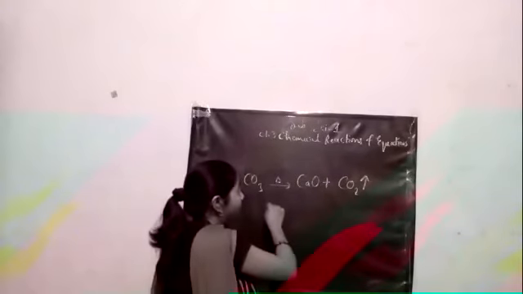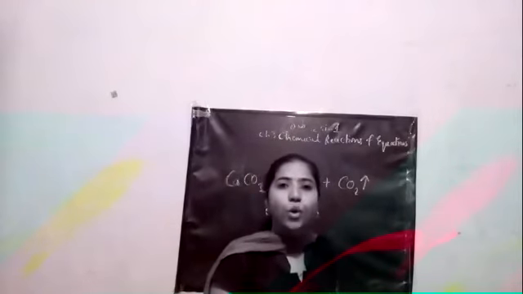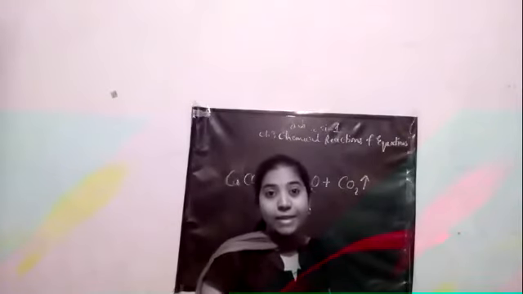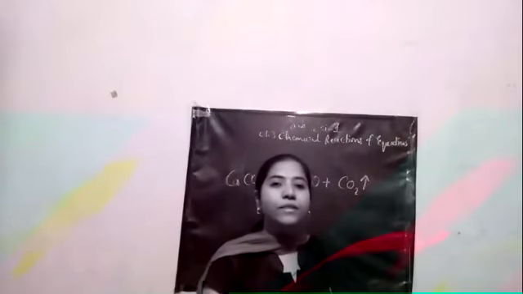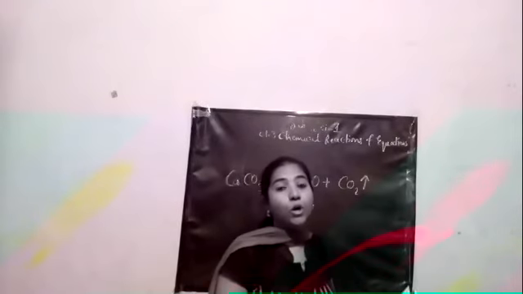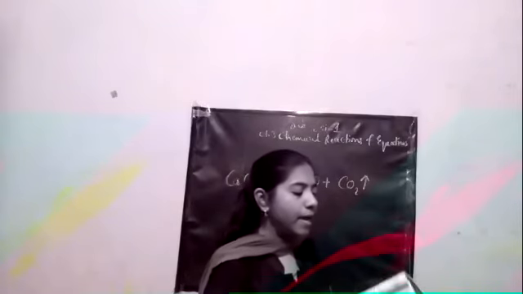So what has happened over here? Why did the evolution of carbon dioxide take place? Because we heated this calcium carbonate, we supplied heat to it. That means at high temperature the rate of the reaction will also be high. I'll give you one simple example from our daily life. If you want to dissolve sugar, if it is very cold water, it will take more time for the sugar to dissolve. But if it is hot water, the sugar crystals will be easily dissolved in less time. So that shows that the rate of the reaction also depends upon the temperature of the reactants involved in it. At high temperature, the rate of the reaction is also going to be high.